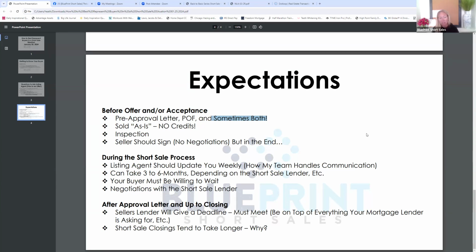Okay. Now, after you ask those questions of how many mortgages and who backs the loan and all that, you'll get a better idea of how long it's going to take. So for example, if it is an FHA, I would probably say 6+ months. Now, if it's a Fannie Mae,